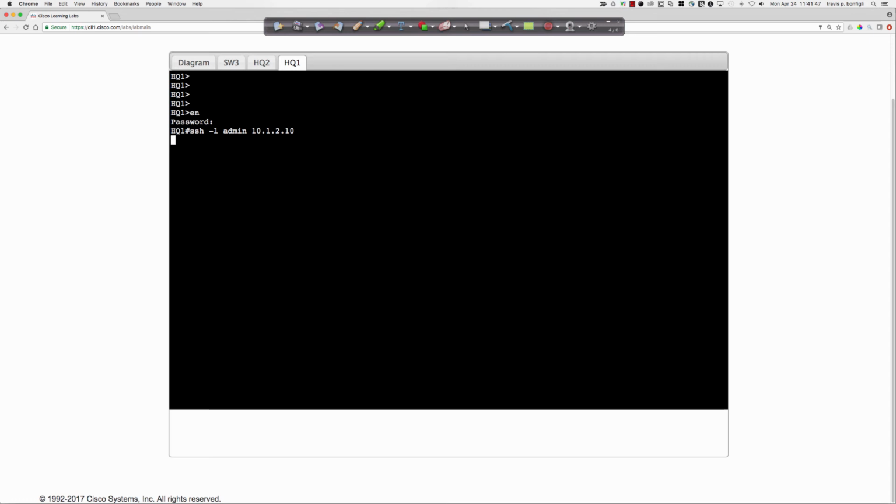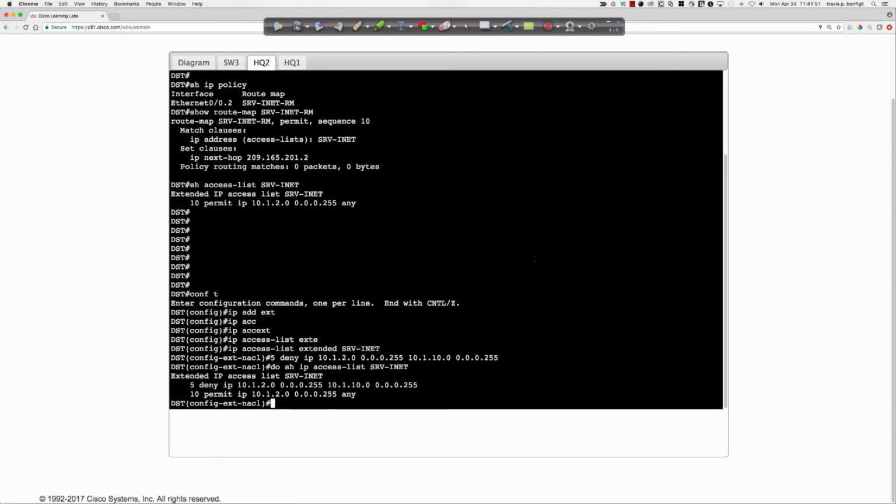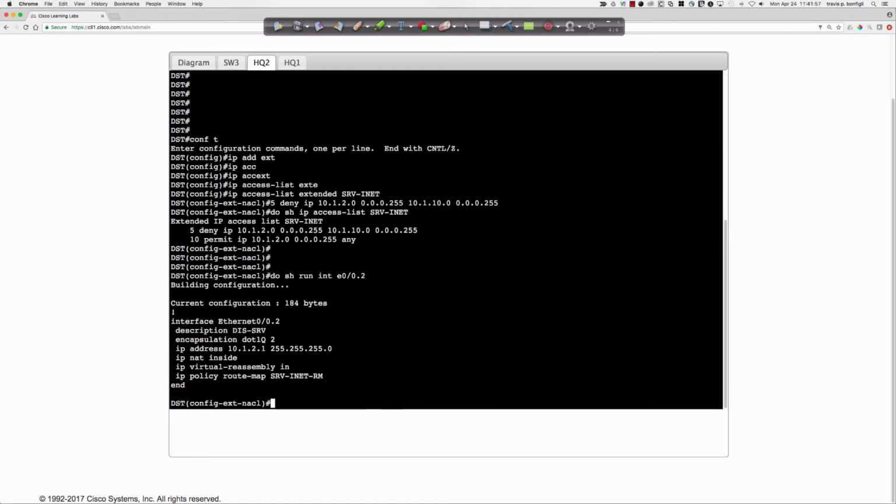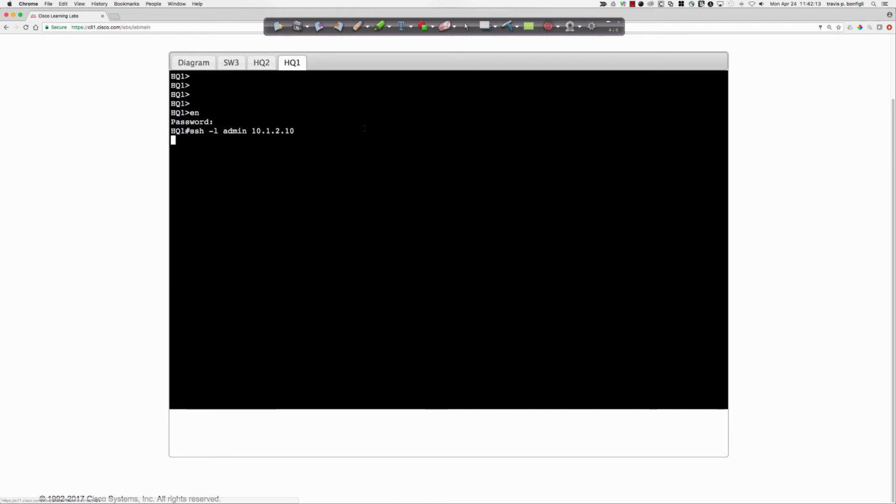And actually, this will be very easy. Before we do that, let me take a look here. Do show run interface Ethernet 0/0.2. Did we already look at this? Let's make sure that the statement's on here. Everything else was working, so that statement should have been there, but I just want to double check. So there's our IP policy route map statement. This is what's doing the policy-based routing on that sub interface, right? So hopefully we are going to get a connection here,